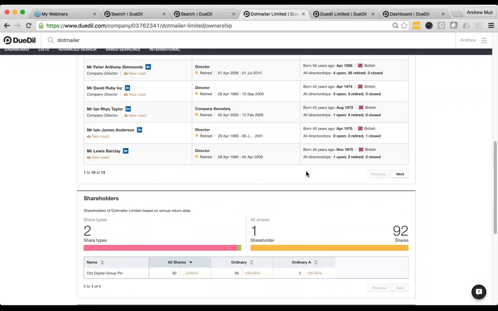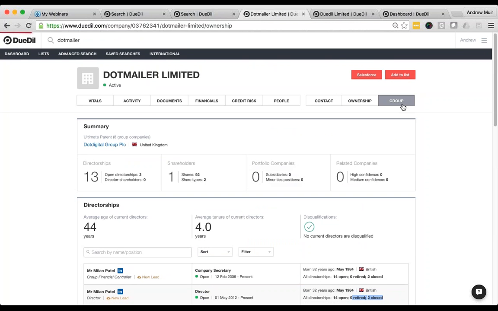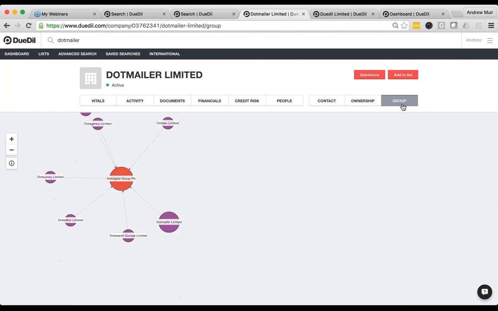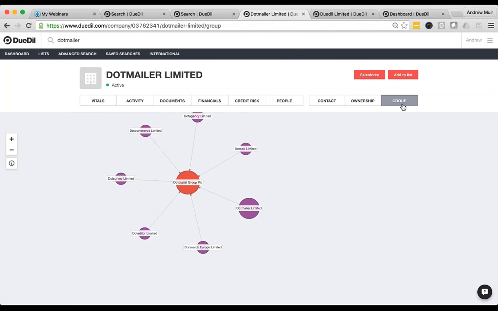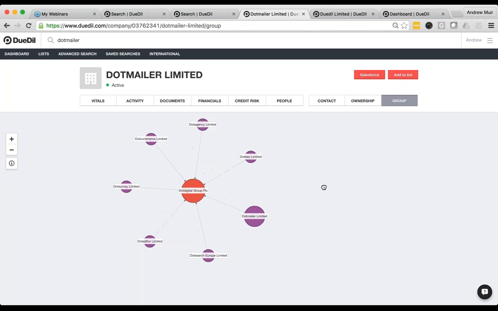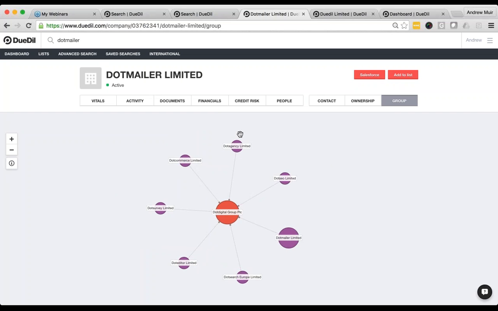So finally, I want to show you the group structure. The group structure is a way to know how the company is linked to other companies around it, especially ultimate parents. But also you can see in the case of .mailer, it's actually very interesting. You understand the business just by looking at this group structure. You have a .commerce one, a .survey, a .mailer, a .search, .seo, and .agency. Right now, you understand perfectly which are the activities of that company and how they're structured.